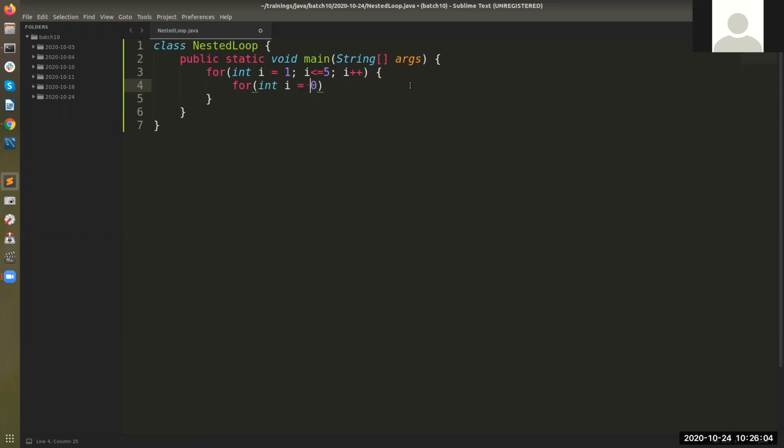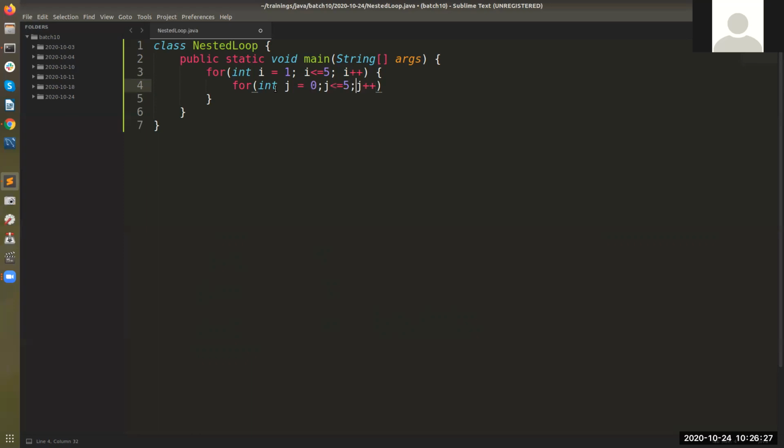If I do this, it's a logical error because the value of I will be reassigned, and second you will get an error that you cannot redeclare it. Okay. So I have to take it as J. J, K, any variable. J is equal to 0.